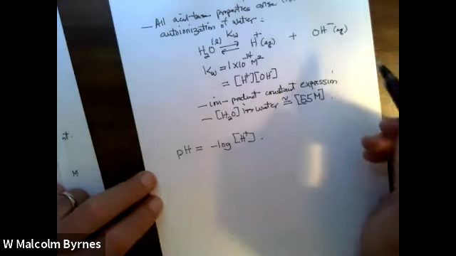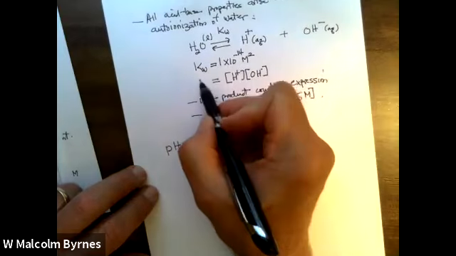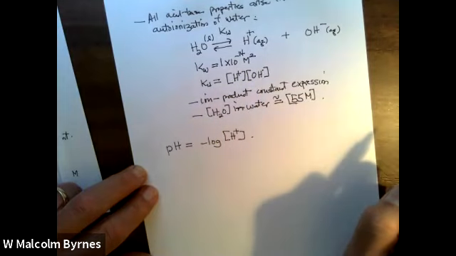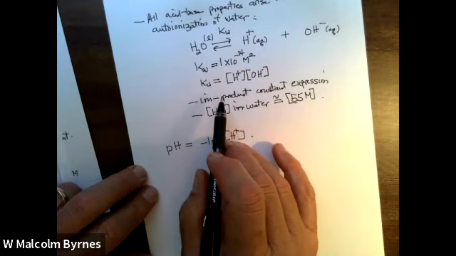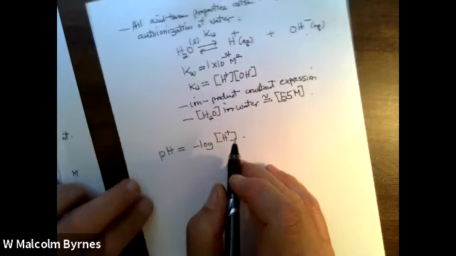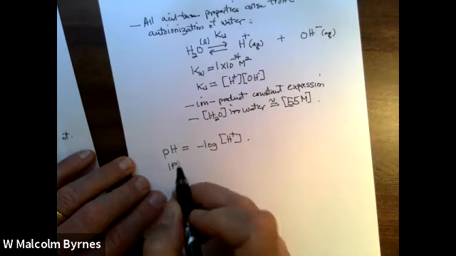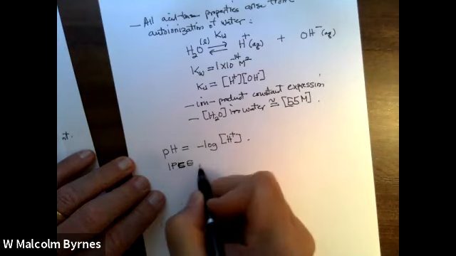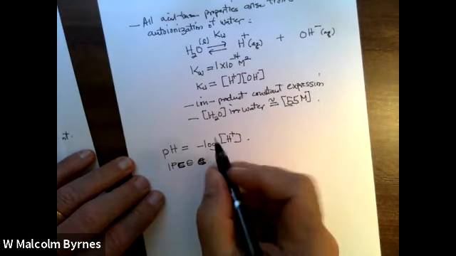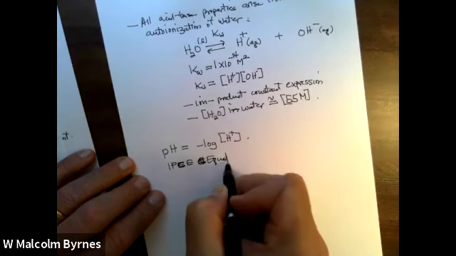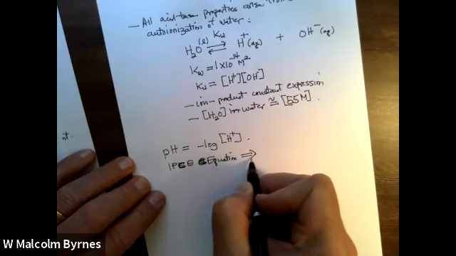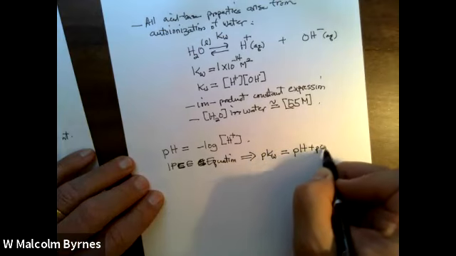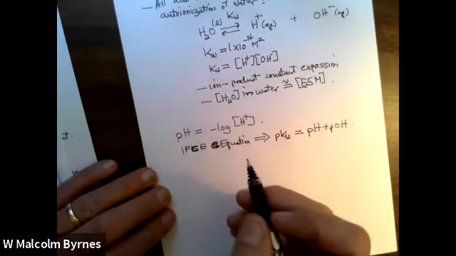And for the ion product constant expression, where Kw is equal to H plus concentration times OH minus concentration, we can take the negative log of both sides of that equation. And then the equation becomes